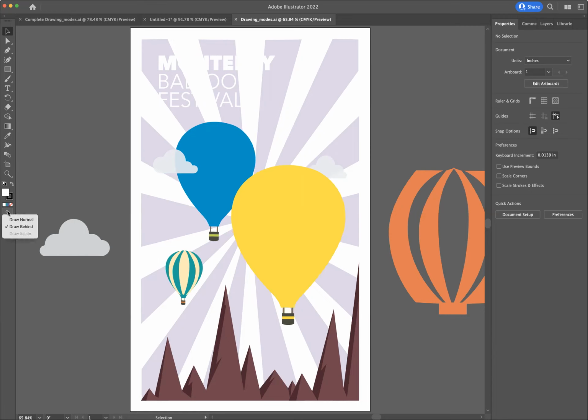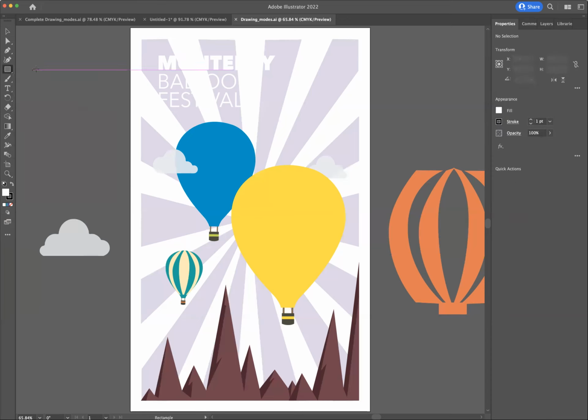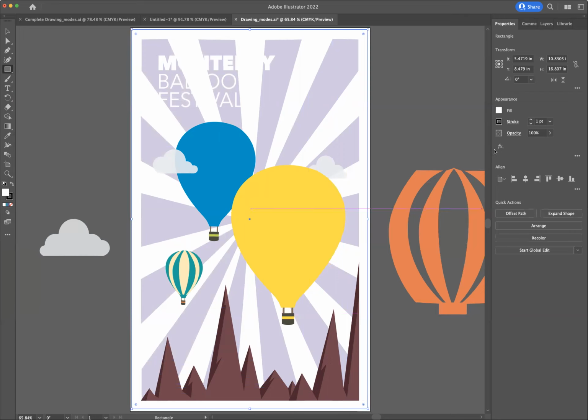I'm going to go ahead and select draw behind, which is already there. So I have three choices: draw normal, draw behind, and draw inside. I'm going to stay with draw behind, and I'm going to do a background. I'm going to click on my rectangle tool, and I'm just going to click and drag to get my shape. I'm going to do the whole box, and I'm going to click on my fill, my white, and again